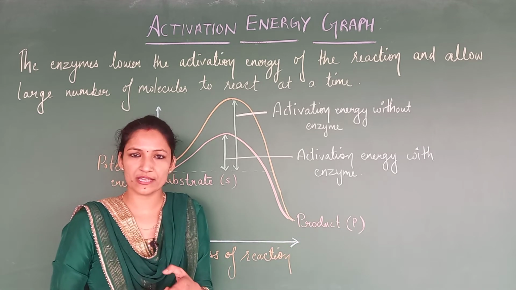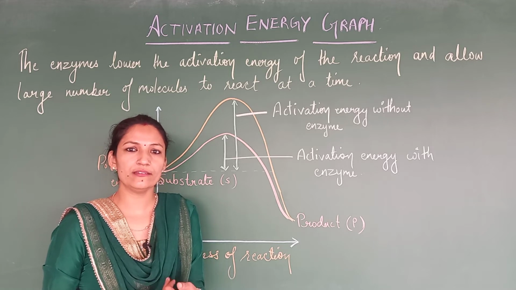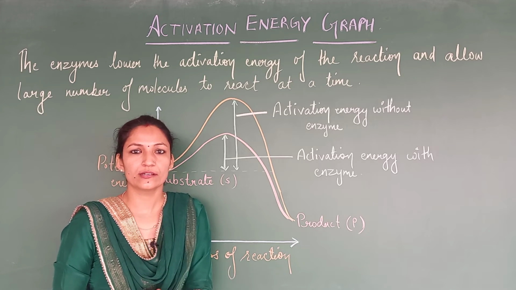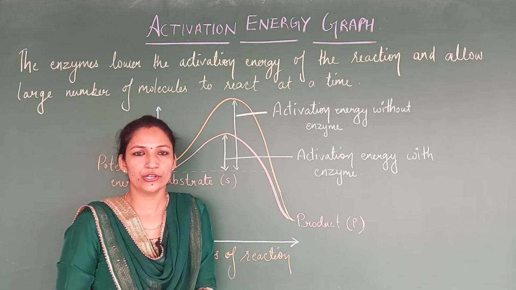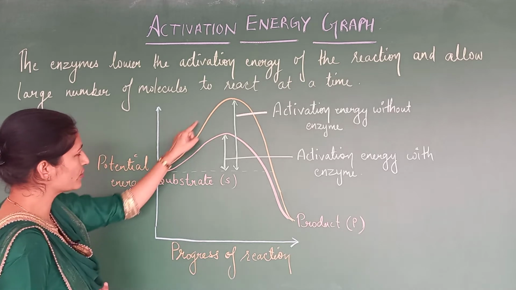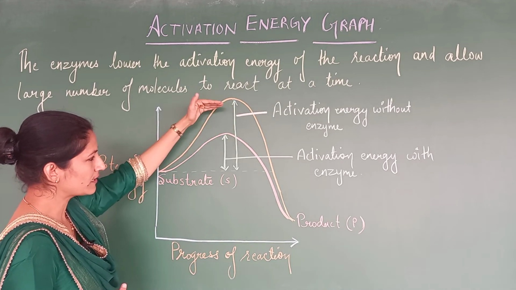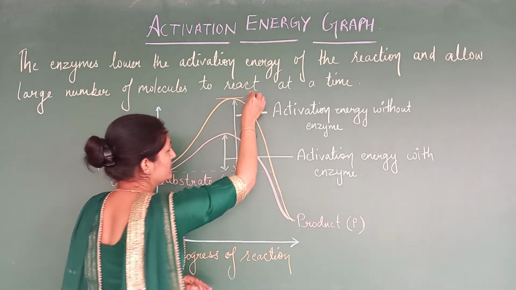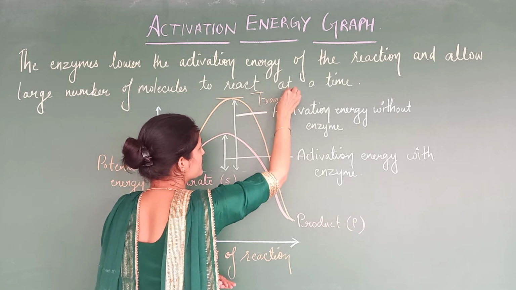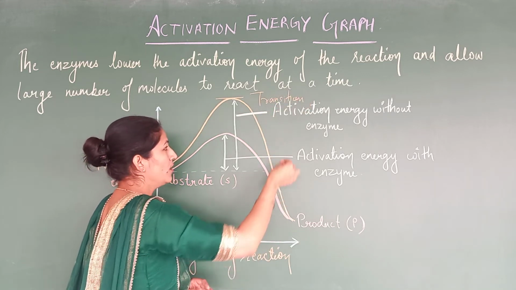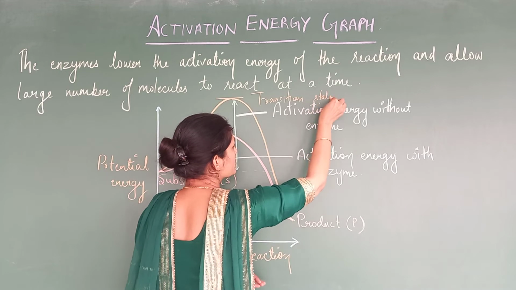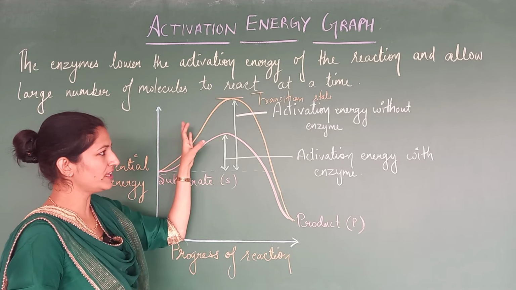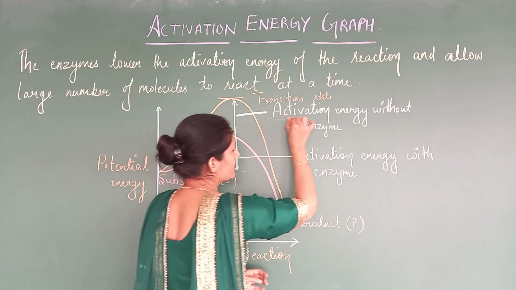The reaction may be exothermic, endothermic or any spontaneous reaction. Each and every chemical reaction requires some amount of energy to start. So this is the amount of energy which is starting this reaction. Here a transition stage is coming. This transition state is where the chemical reaction starts occurring. To reach that stage, the amount of energy which is required is the activation energy.